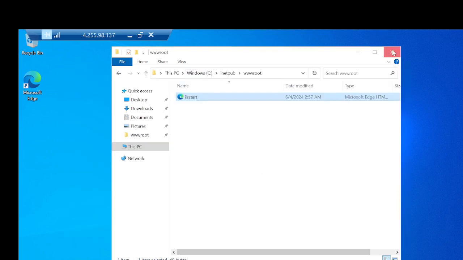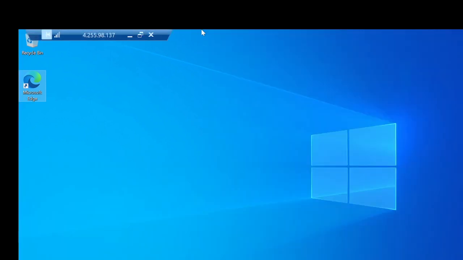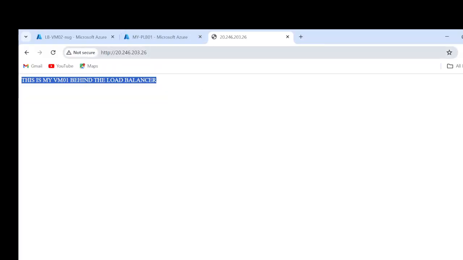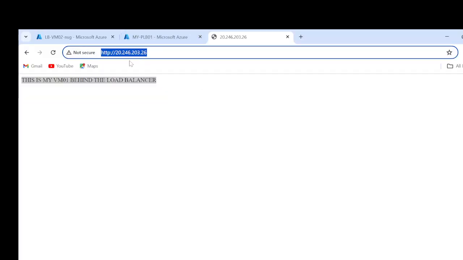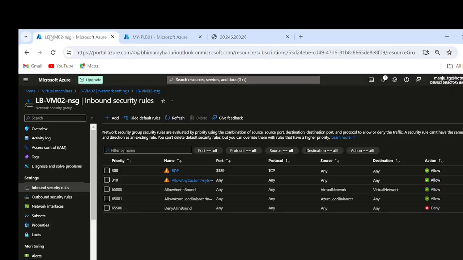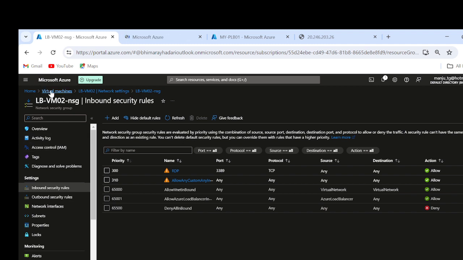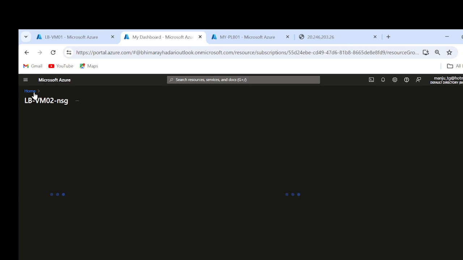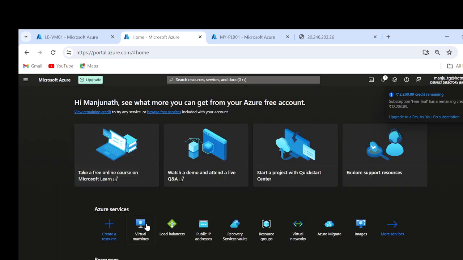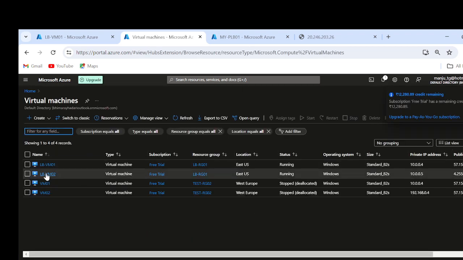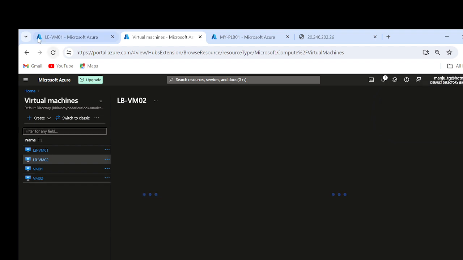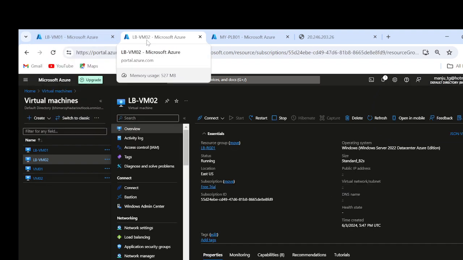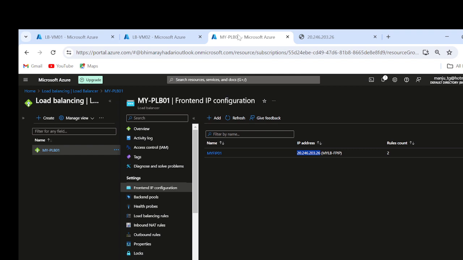Yes. Go. Now see, now there is a load balancer and that load balancer has got an IP address 20.246.203.26, and you have two virtual machines there. Okay, one is your VM01, this one, LBVM01. Another one is your VM02. Okay, that is your VM02, this one. You have this LBVM01 and LBVM02 added behind this public load balancer 01, and that has got an IP address